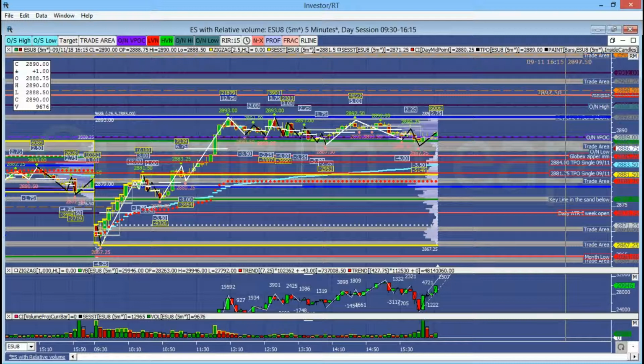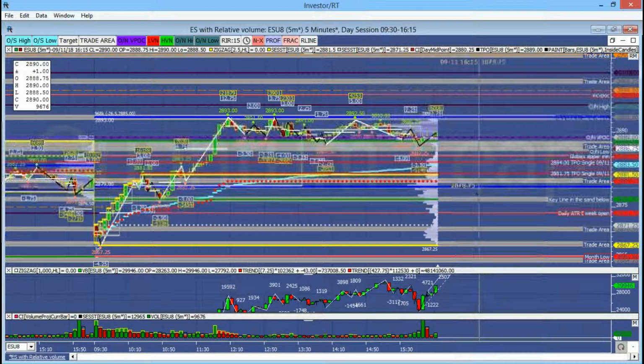That is Hypo 1. Hypo 2 is an open auction in range. Value, remember, value on a trend day doesn't mean much because they did not agree on price. That is the definition of a trend. But I'm looking for responsive buying up into the upper distribution, chopping up here and either failing to break the 93 or a false breakout or a failed breakout, and then sellers step in, rotate us down, coming down to